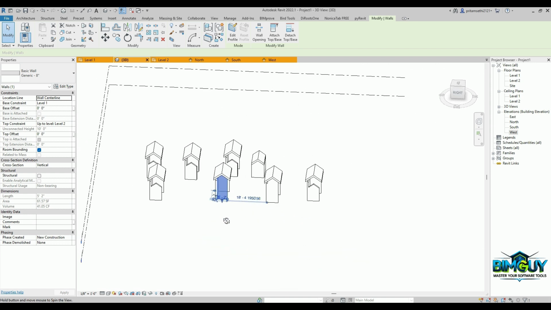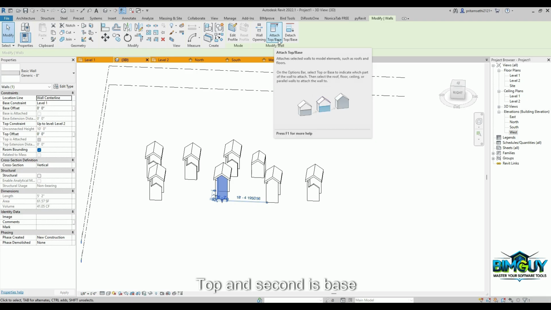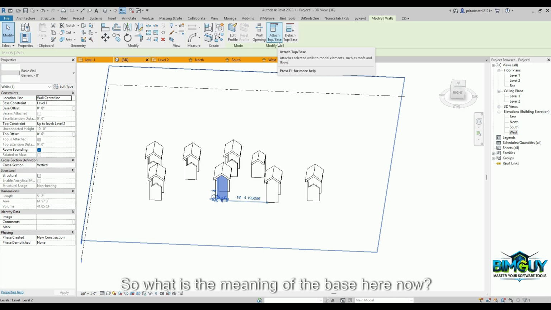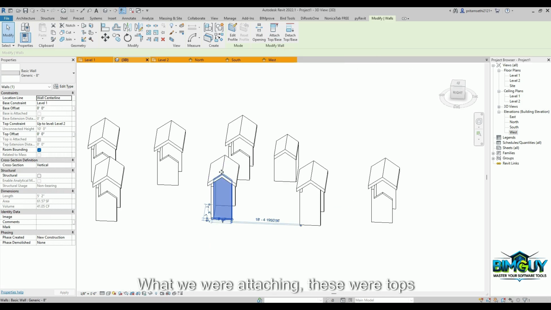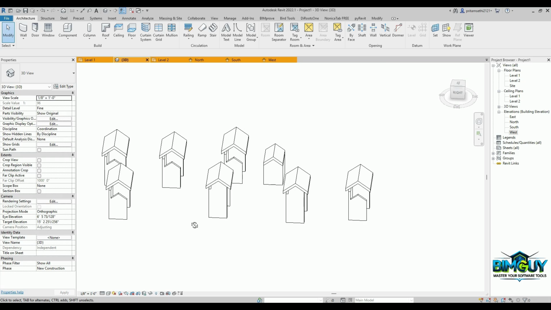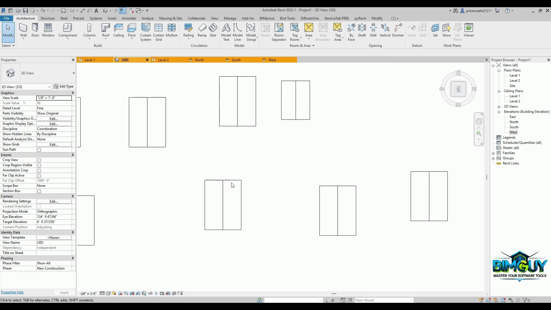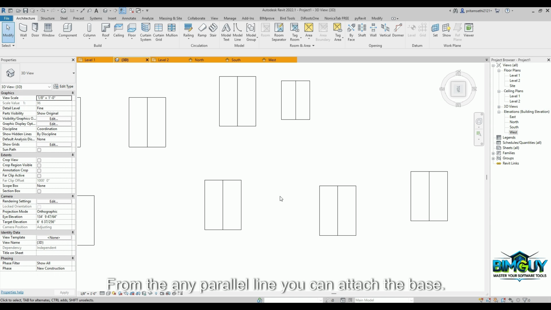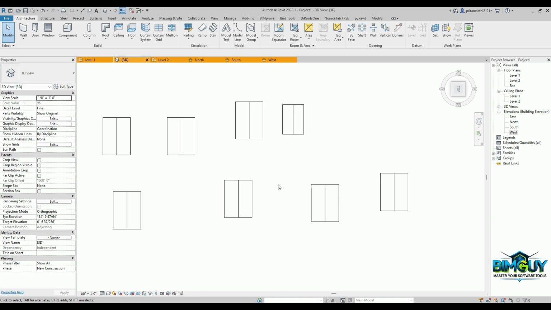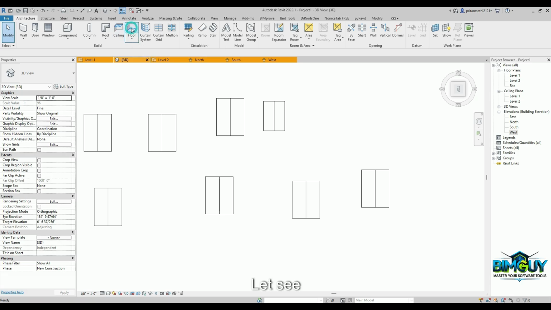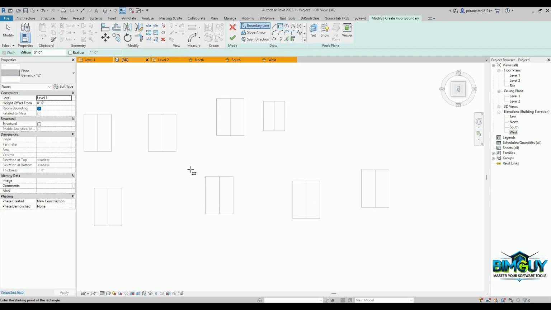Okay, so here there are 2 names, one is top and second is base. सो यहाँ पे बेस का मीनिंग क्या है कि अभी तो हम जो अटैच कर रहे थे ये टॉप कर रहे थे, और जो बेस हुआ वो नीचे का पार्ट हो गया, मीन्स 0 लेवल। ओके, तो यहाँ पे भी जो बेस रहेगा वो वॉल, फ्लोर, सीलिंग और एनी पैरेलल लाइन से आप बेस अटैच कर सकते हैं। ओके, लेट्स सी, लेट्स क्रिएट फ्लोर हियर,